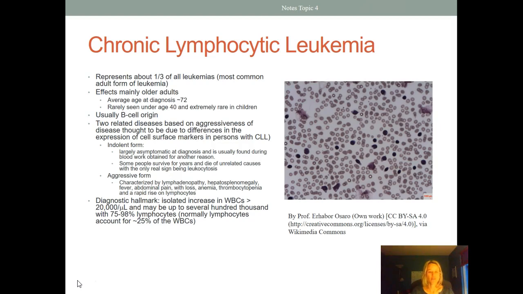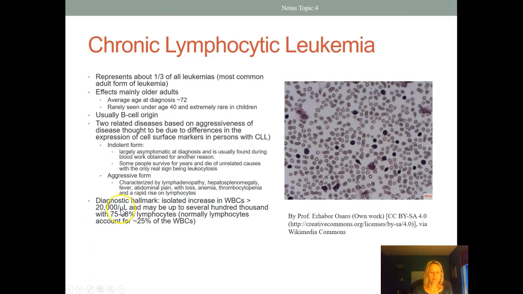So the indolent form is largely asymptomatic at diagnosis and is often found just during routine blood work. People survive for years and usually die of unrelated causes. So the only real sign is a high white blood cell count. The aggressive form causes severe swollen lymph nodes, swollen liver, fever, abdominal pain, weight loss, anemia, thrombocytopenia, and a really